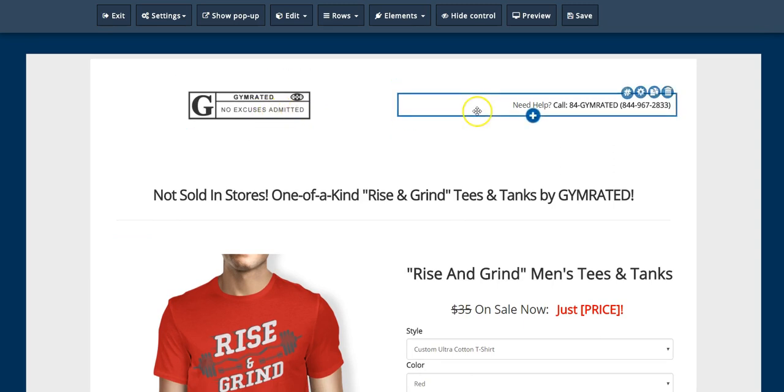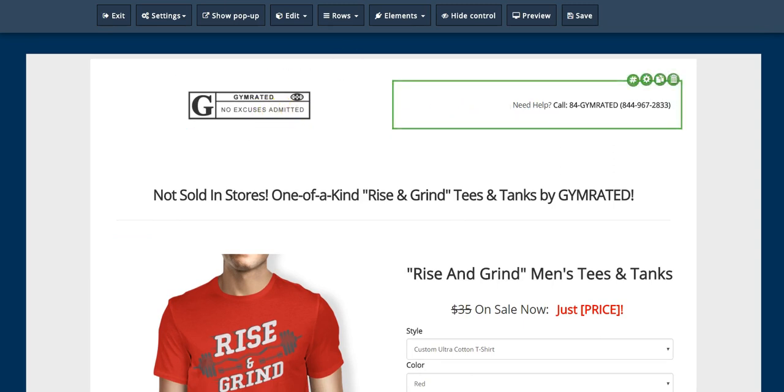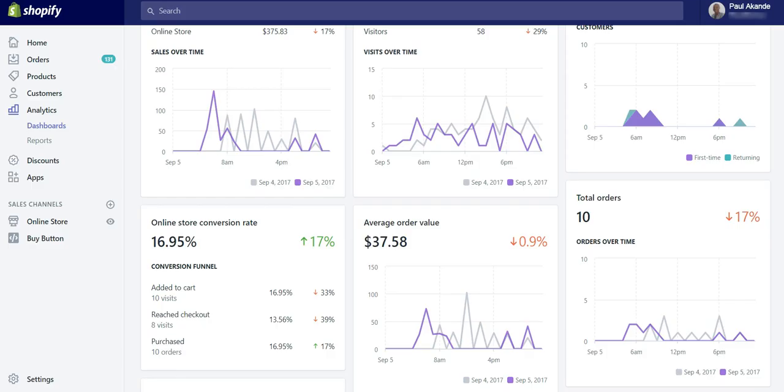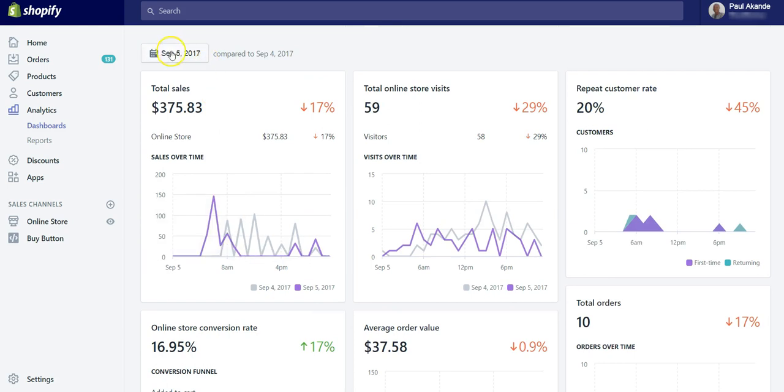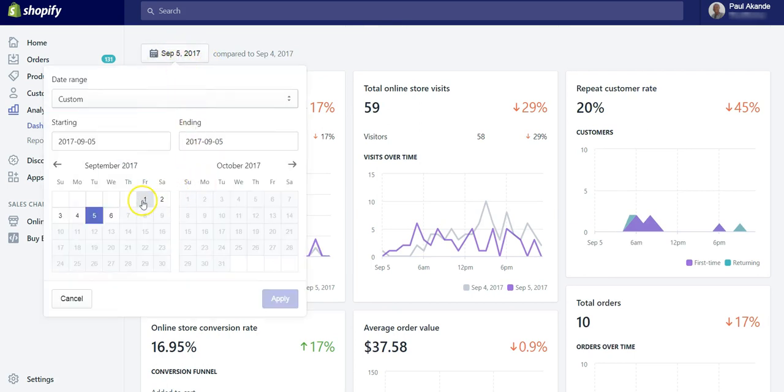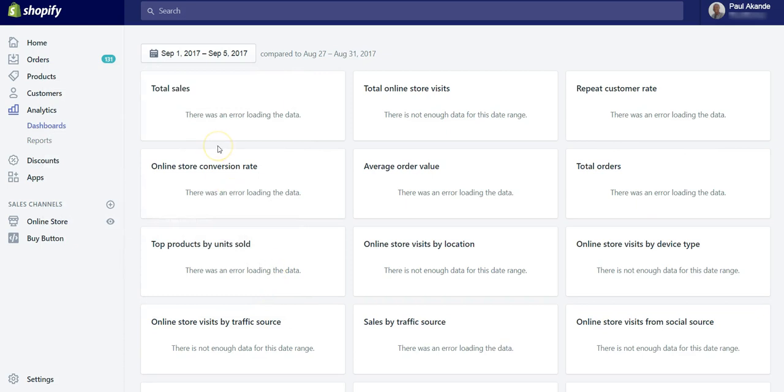I'll be sincere with you, this is not cheap, because just like I said, you can see for yourself the kind of conversions I'm getting. Start right from the beginning, from the 1st of September. So let me just do from the 1st of September to the 5th of September. So this is what the store